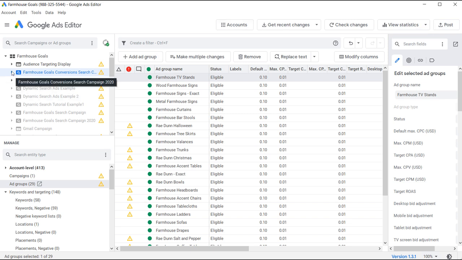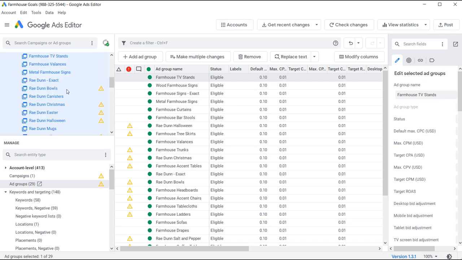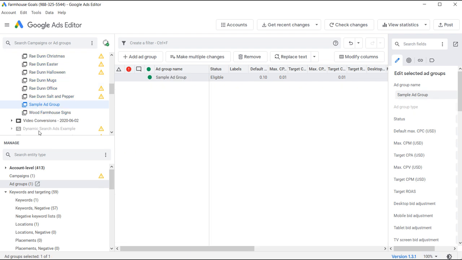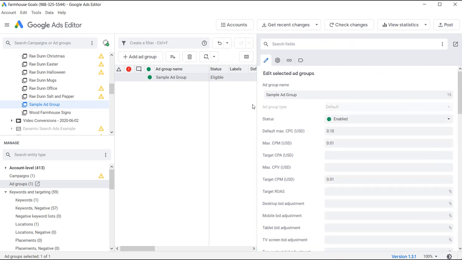So if I start making changes and I decide, you know what, I don't want to make this change, let's just come back to our sample ad group that I created earlier. And again, when you're making any of these changes, if you want to edit something, you're going to come down here to the bottom left. If you want to select the specific thing you're editing, the ad group, the campaign, you're going to start up here in the top left, and over on the right hand side is where a lot of your changes are going to be made. So if you want to change your bids, if you want to change the name of